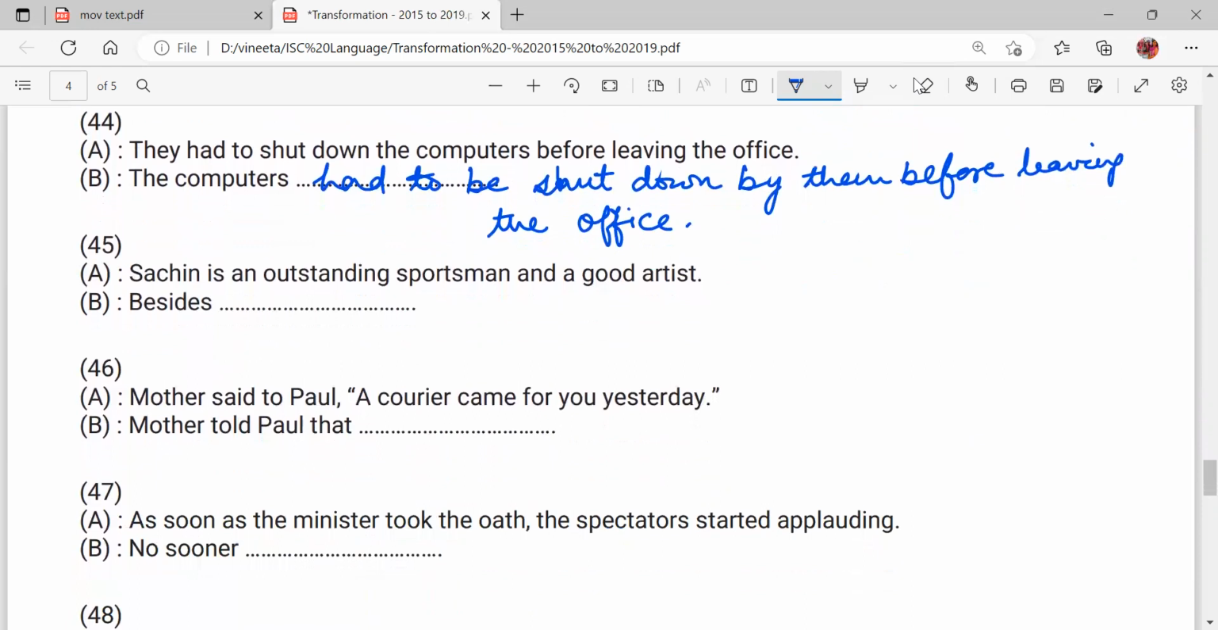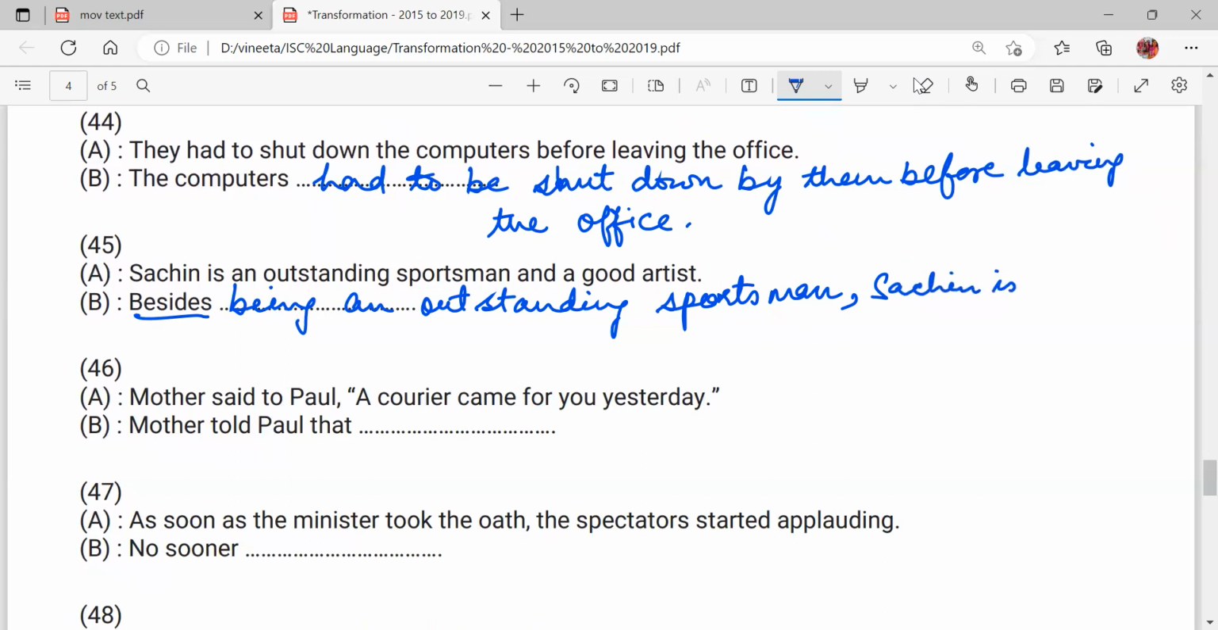Sachin is an outstanding sportsman and a good artist. Again, besides. So you can see this transformation with besides is also a very common one, right? Besides being an outstanding sportsman, comma, Sachin is a good artist,